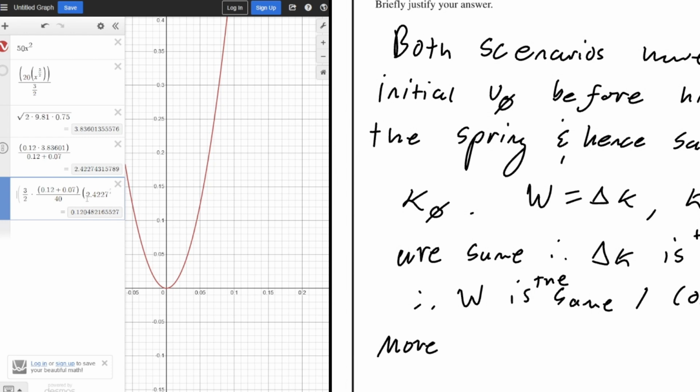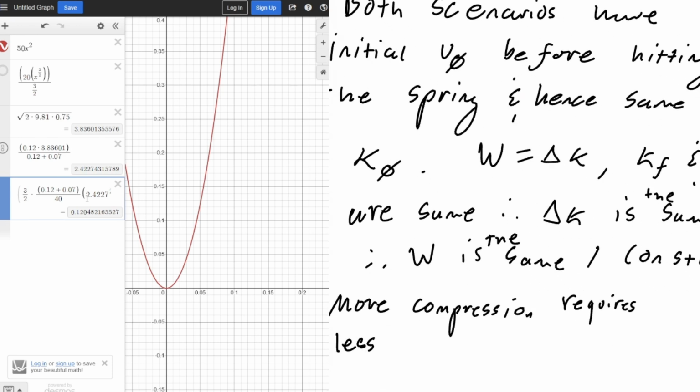More compression requires less spring constant to maintain constant work,